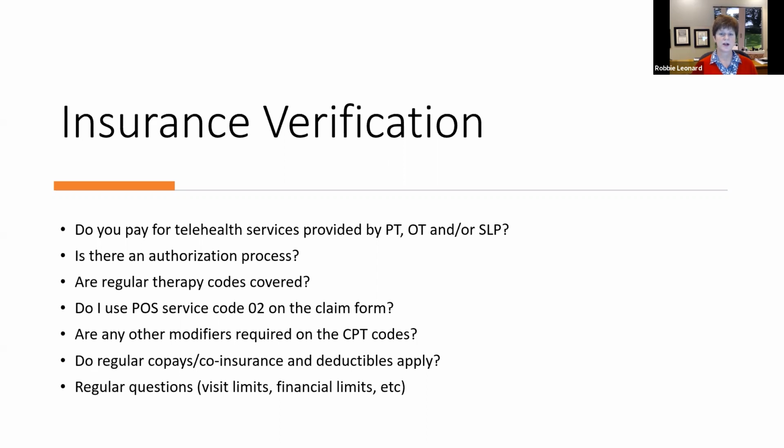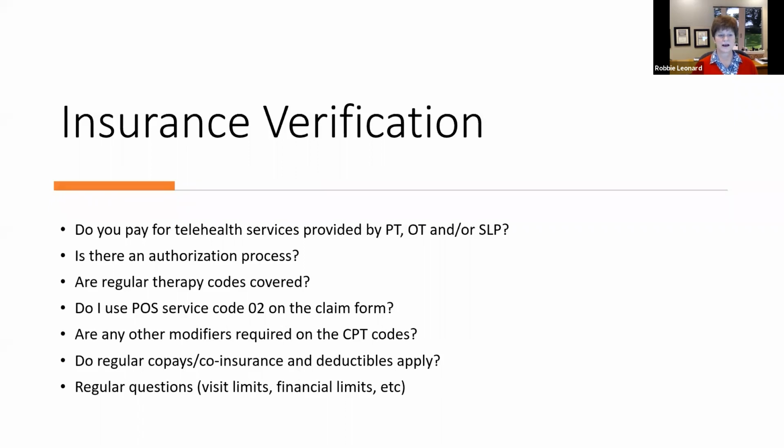Some of our payers are requiring additional modifiers on the CPT codes. Some are giving instruction to put a GT modifier on the claim. Some are saying put a 95 modifier on the claim. So again, your insurance verification team needs to get some specifics about how each payer in your market is going to handle this. And I would suggest a nice little spreadsheet or cheat sheet for your clinic on how each individual payer is going to handle these.